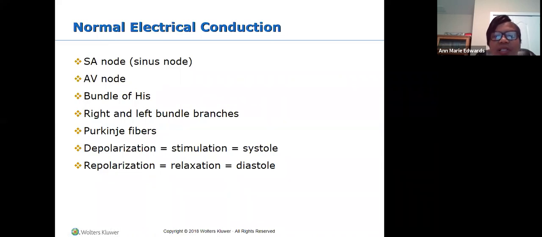Now we're first going to look at how electrical impulse is conducted through the heart, or we're going to remind ourselves of this because we have looked at this before, the conduction of an electrical impulse. And the knowledge of this conduction is really necessary to understand our dysrhythmias and our conduction